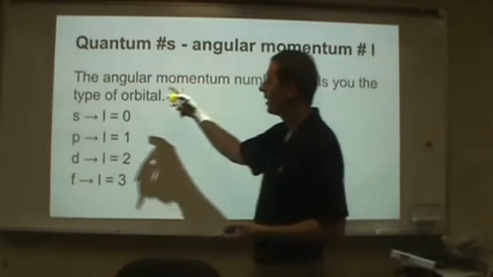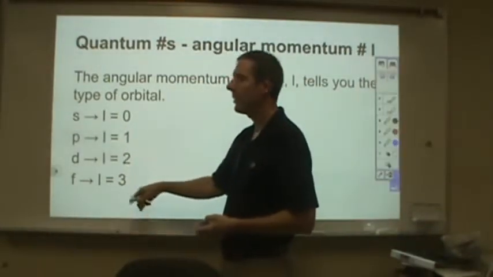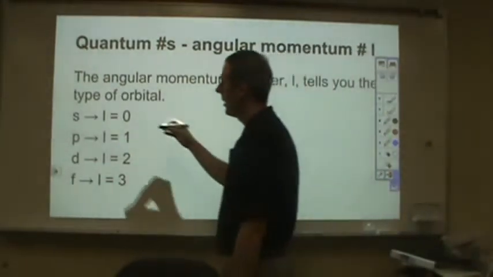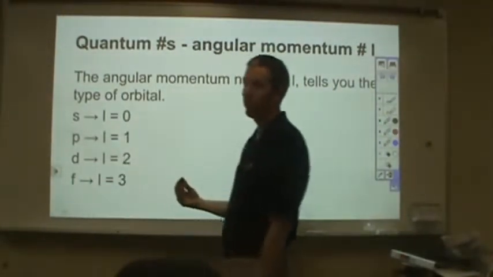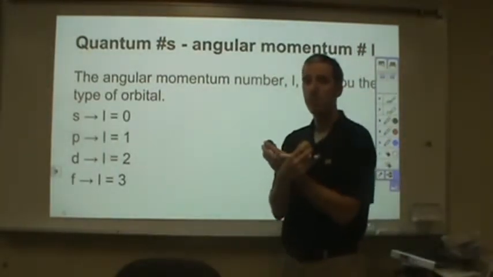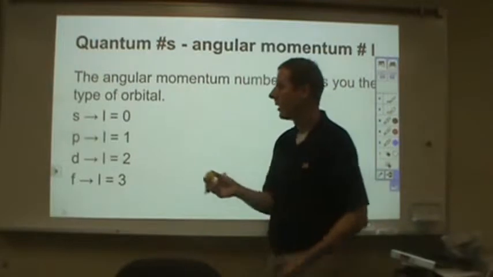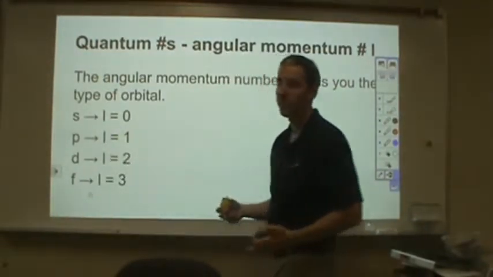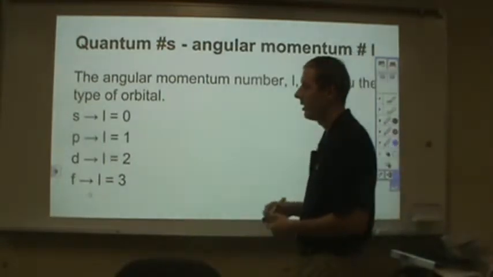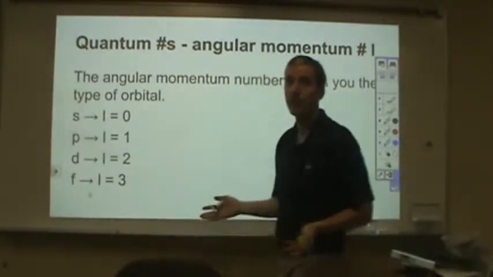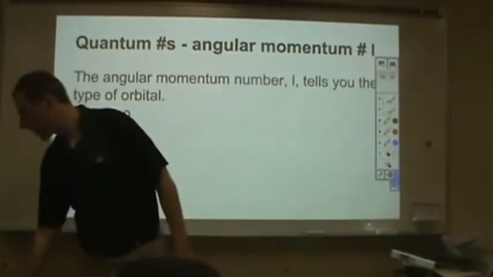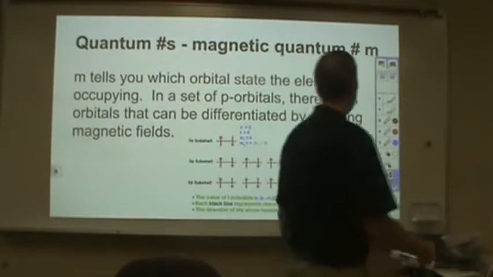So you can have an angular momentum of 0 or 1 or 2 or 3, and that will lead to different things. In particular, in this case, L equals 0 will produce an s orbital. So the probability distribution of something with an angular momentum of 0 is spherical. Whereas for an angular momentum of 1, it's no longer spherical, it's now lobe-shaped, and it can be in different directions. For L equals 2, who even knows what that is anymore? Okay, so this is a quantum number that describes how the electron is moving around in a circle,